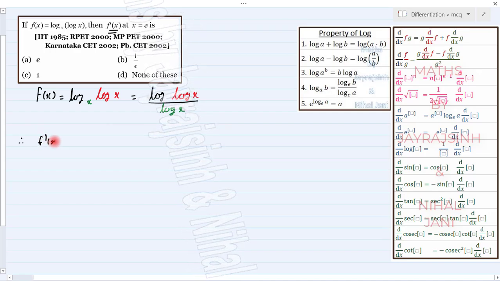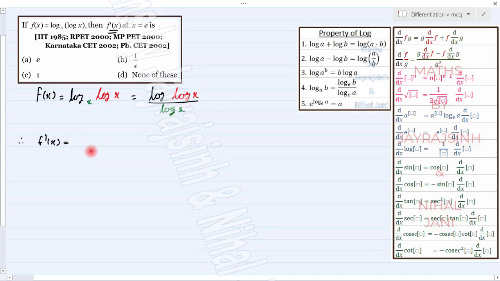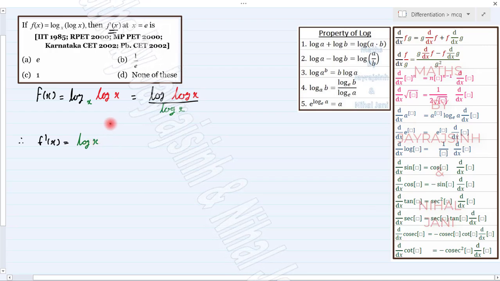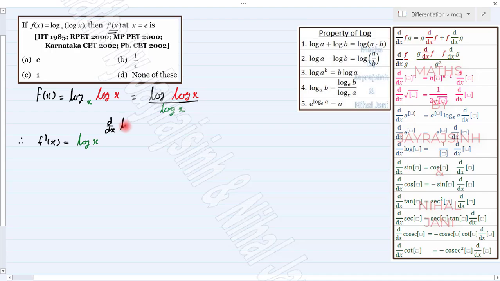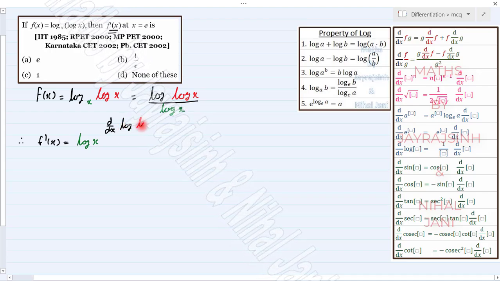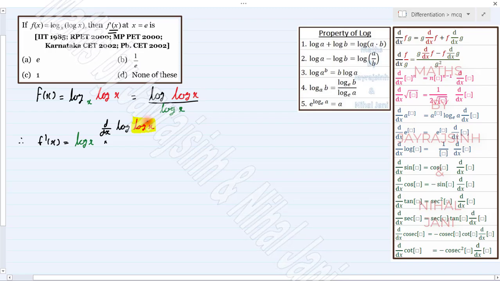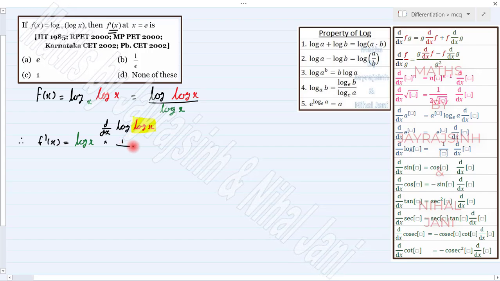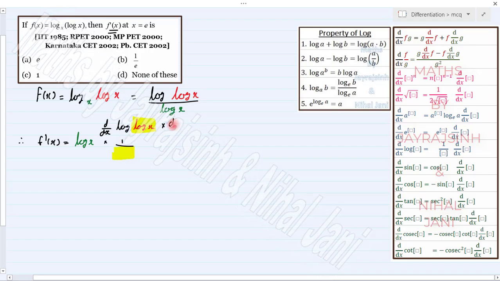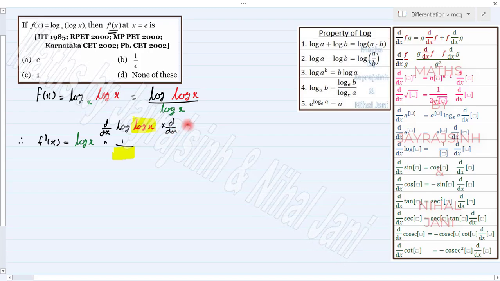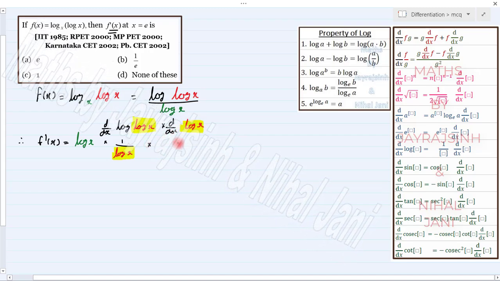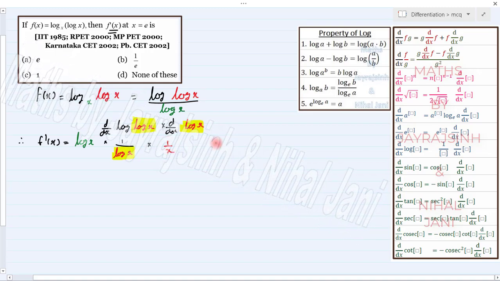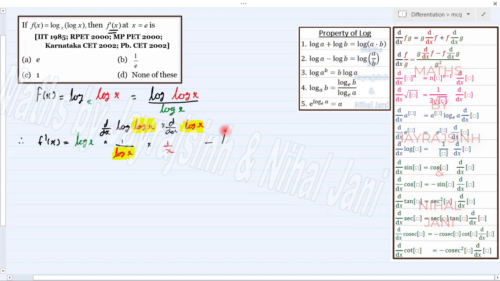So we will get f dash x is equal to, we have to apply division rule. In division rule, in first term, your denominator will be as it is. We have to differentiate your numerator, which is log x. Let's consider box around the inner log x. So differentiation of log box will be 1 upon box into differentiation of your box. Within the box, we have log x. So we have to multiply differentiation of log x, which will be 1 by x,